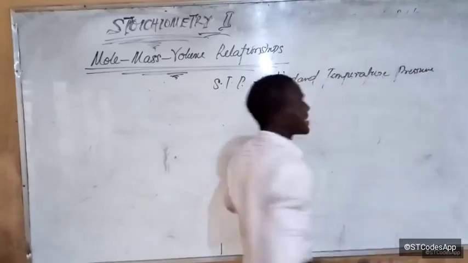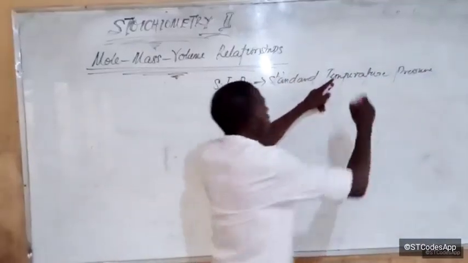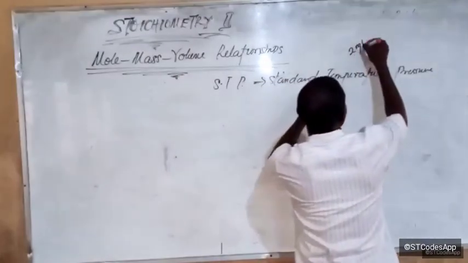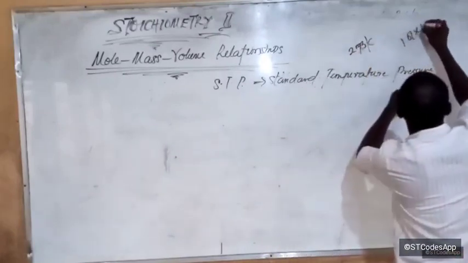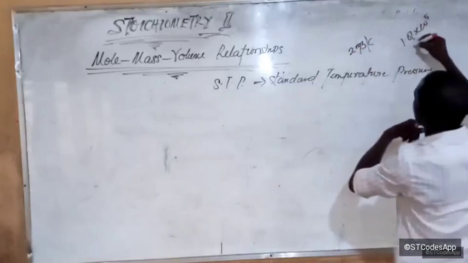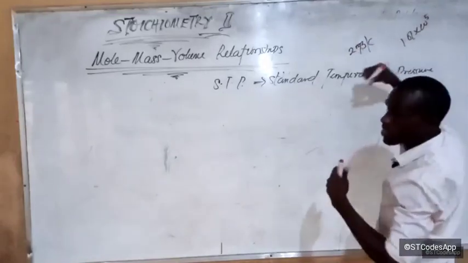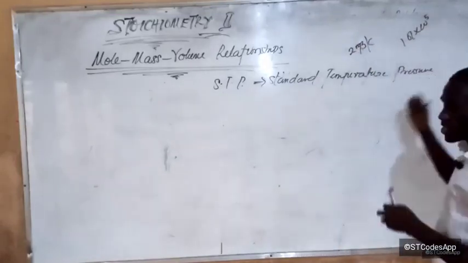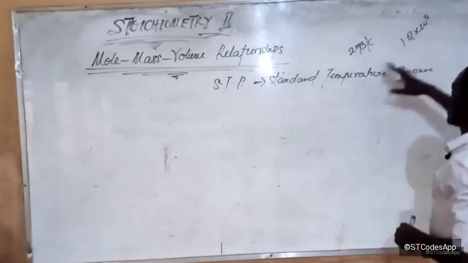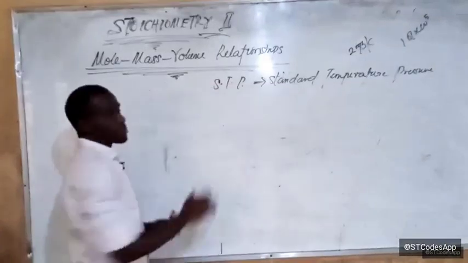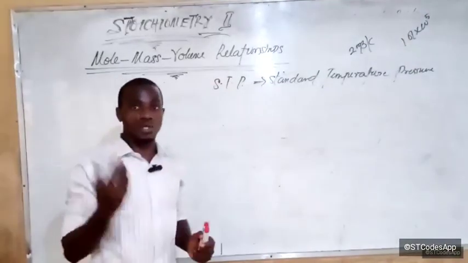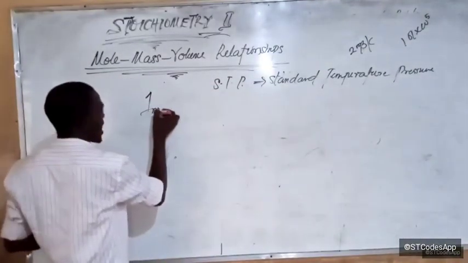Is that okay? At STP, now, standard temperature is what? 273 Kelvin. And pressure is what? 1.01 times 10 to the power 5, or 760 millimeter mercury, 1 atm, etc. There are many units like that for pressure. All right, so at standard temperature and pressure, it has been observed that 1 mole of gas